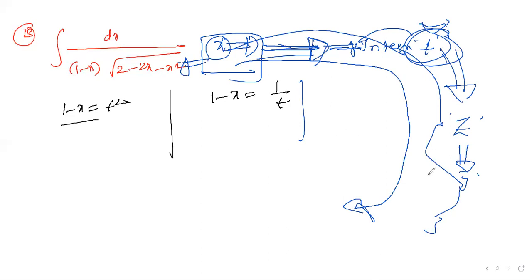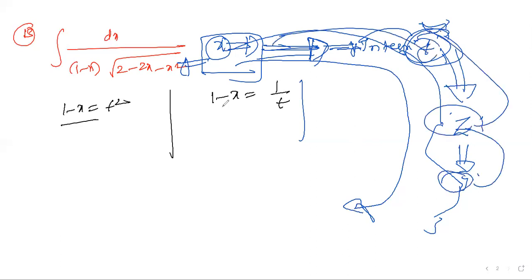Then after that you need to replace back. Instead of y, you go for z, then from z you go for t, then from t go for x. The answer should be in x only. That is the way you can move forward. Like this, you can take it and move forward. You'll get the answer for the 13th one. Then I'll go for the 14th one. The 14th question, number 14, is so simple: 1 by dx by (x plus 2) under root of (x plus 1).